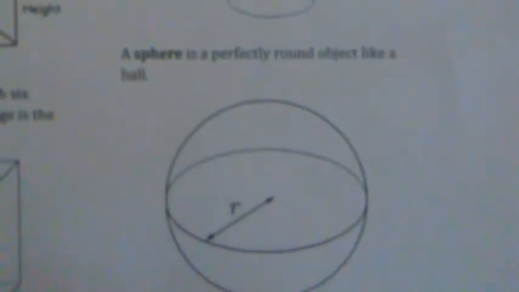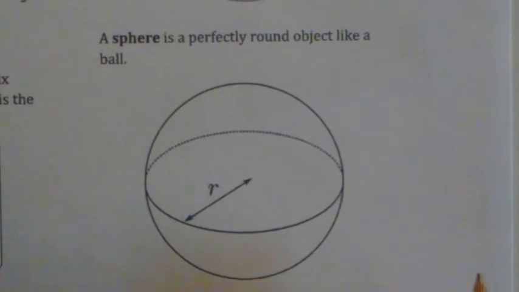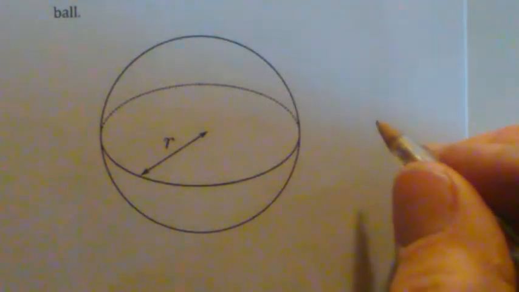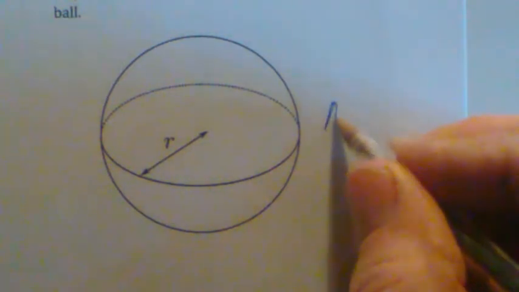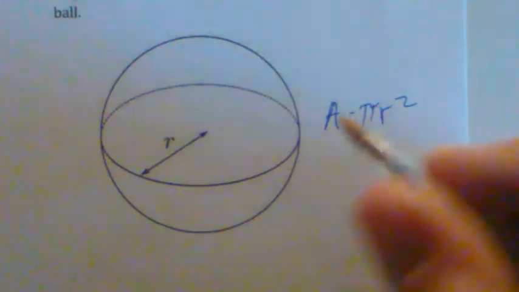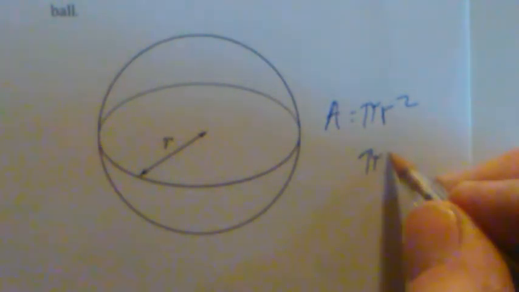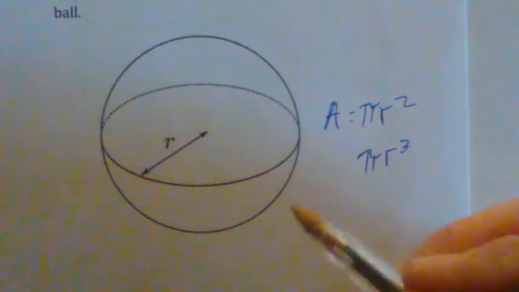The hard one to remember is the volume of a sphere. Well, think of the area of the circle. The area of the circle was r squared pi, right? Now, think of it going up this way as another radius. So we're going to change this to pi r cubed, which would be the area of a cylinder that's half as big as this,